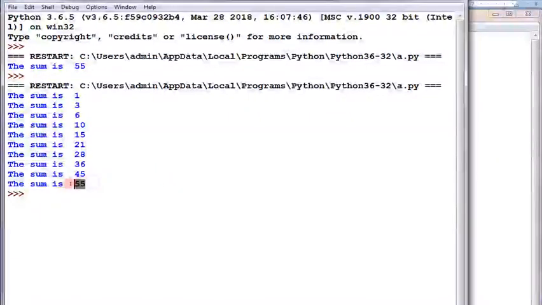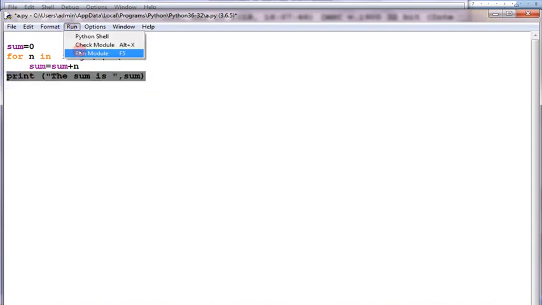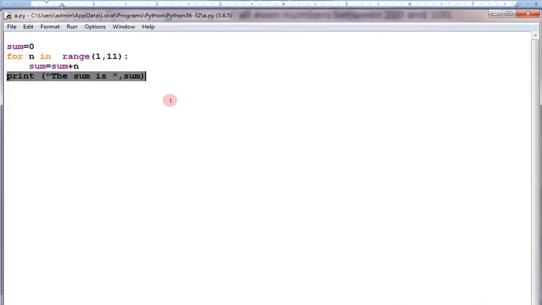As we don't want to print the result like this, we want to print only the final result. So what we should do, we have to keep this print statement outside the loop. We should not give the indent to the print statement. So automatically the sum will be kept within the for loop and this print statement will be kept outside the for loop. So we can get our desired result. Only the final result we can get on our screen. Okay, hope all of you understood the concept. Let's go for the next program.